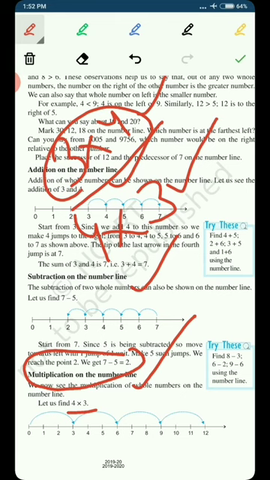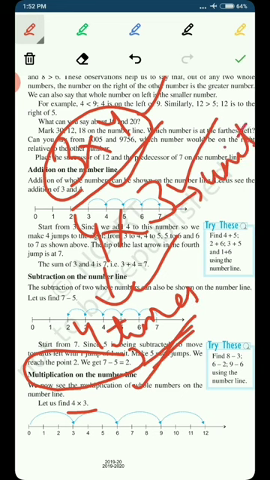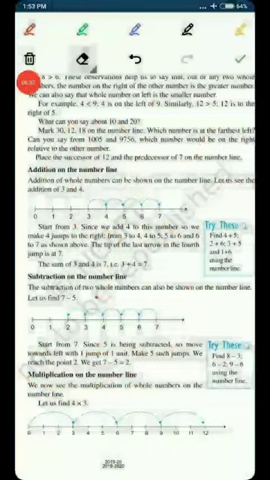If we are seeing it as 4 times 3, then 4 times 3 means we have to make a jump 4 times, and 3 means we have to take a jump of 3 units. 4 times we have to make the jump, and of 3 units we have to make the jump. Means while we are taking one jump, we will not take the distance of 1 unit, we will take the distance of 3 units. And how many jumps will we make? We will make 4 jumps. I hope it is clear to you.